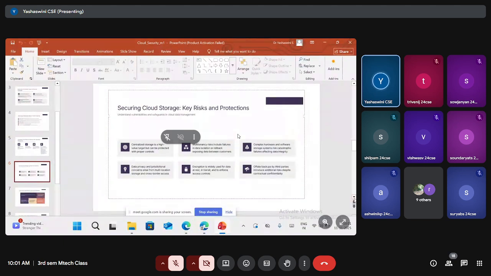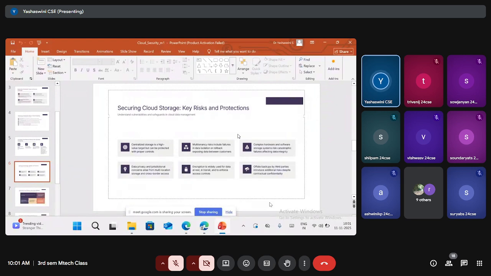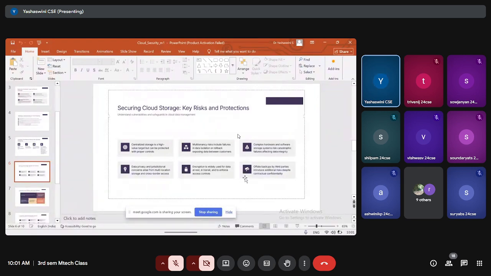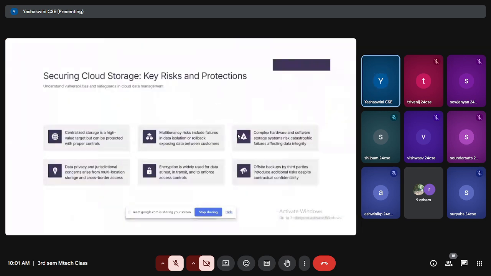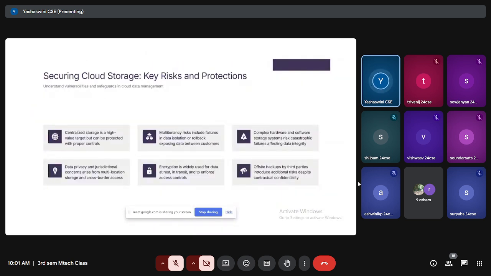So next, once we have understood how the virtual machine hypervisor works, next is what are the cloud storage risks. We have already understood why we have to accelerate the cloud resources and why we have gone for automated provisioning. Next, coming to the cloud storage, it has some key risks and protection protocols that have to